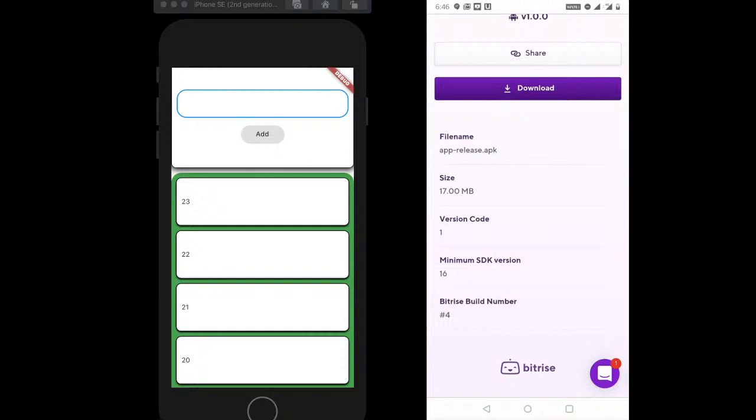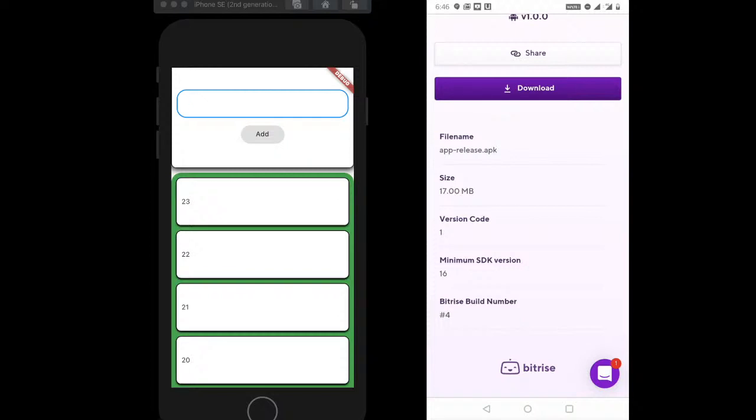Let's take a look at this. It's the version code, right? It's the Flutter version code. Where does this Flutter version code come from? It comes from Flutter's parameter. So Flutter has a parameter that you can pass in. Where will you get the value to pass for it? Well, Bitrise gives you that. You can pass the Bitrise build number as your version code, and that should be it.